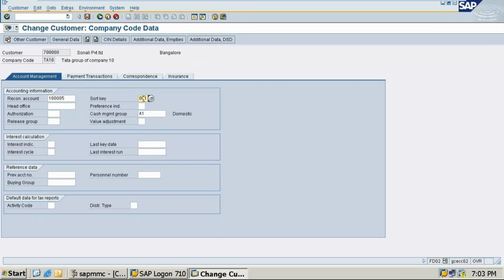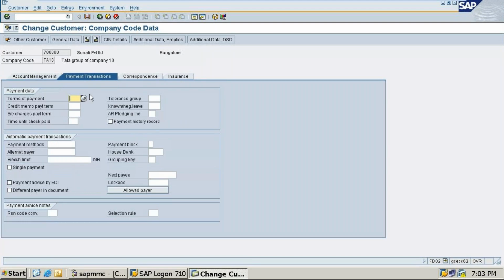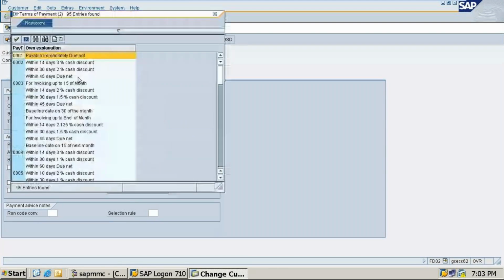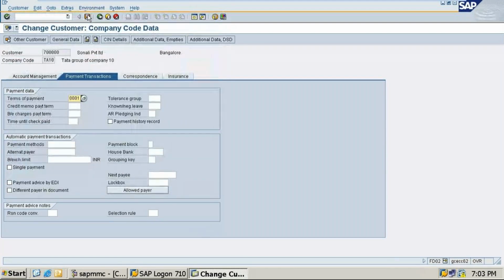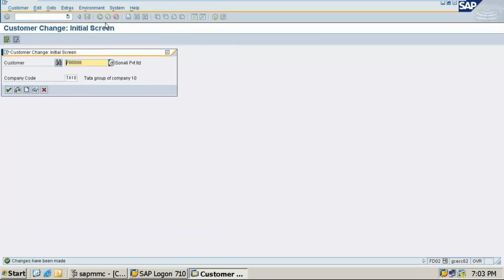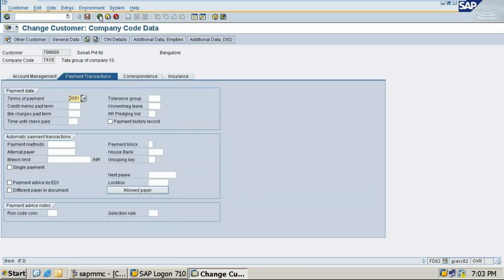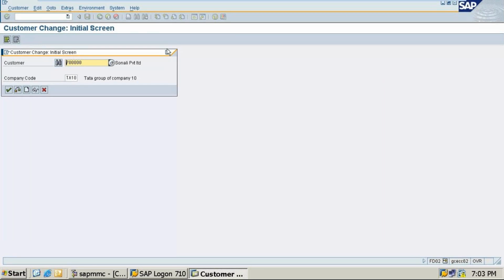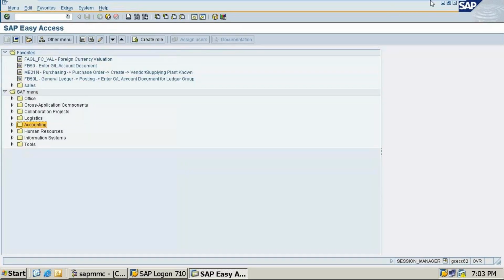Short key 001. Payment transactions, terms of payment is 001, due date. Click on save. So changes have been made and it has been done. Okay. So back once and close the screen, and this has been done.